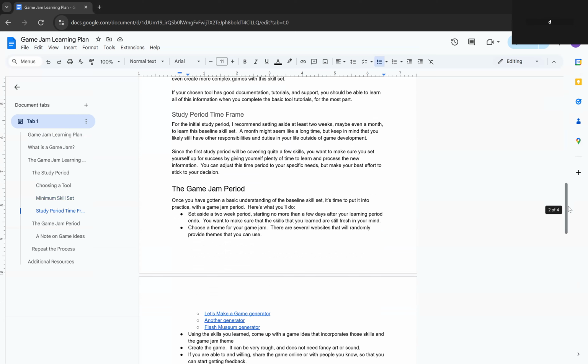As far as how long this time period should be, for the initial study period or learning period, I recommend setting aside at least 2 weeks or maybe even a month to learn this baseline skill set. Okay, so a month might seem like a long time, but as most of us are probably aware,